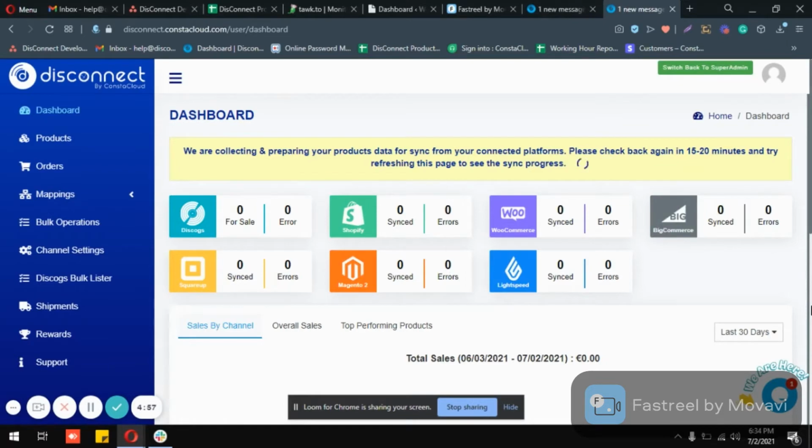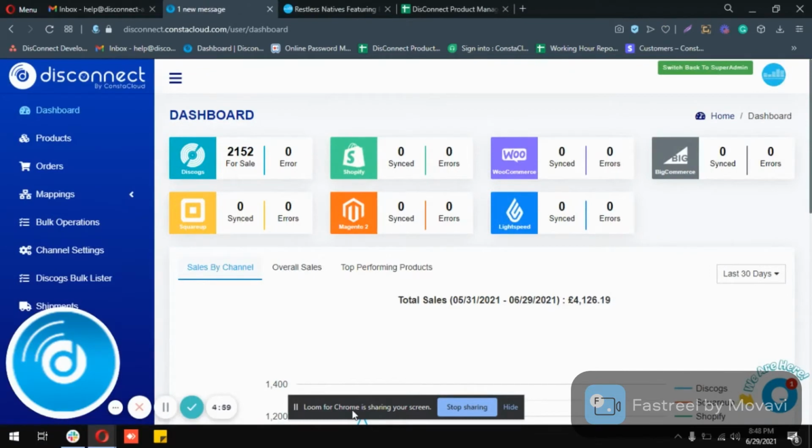As we have done all the setups, now we have to wait for 15 to 20 minutes, as you can see here, and then all the products will be fetched in Disconnect. Let's wait for 15 minutes, then get back to the setup again. Now, as we are back after 15 minutes, you will notice that your Discogs products are fetched here in Disconnect.